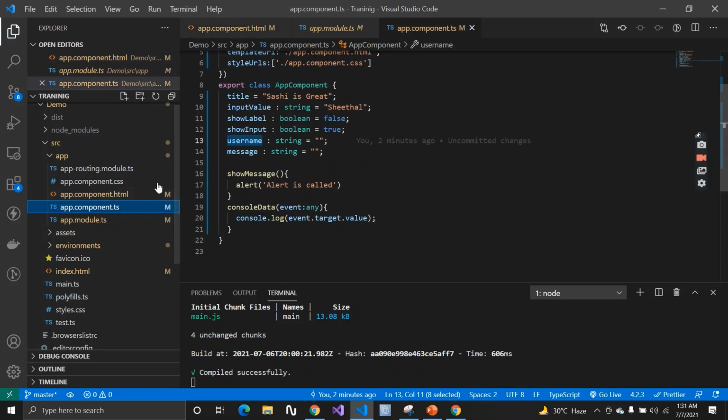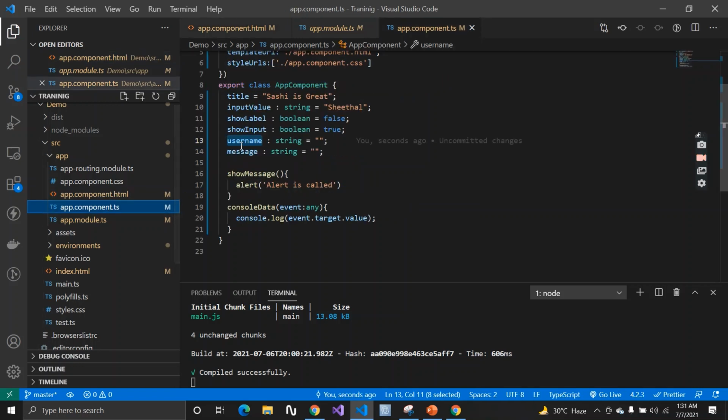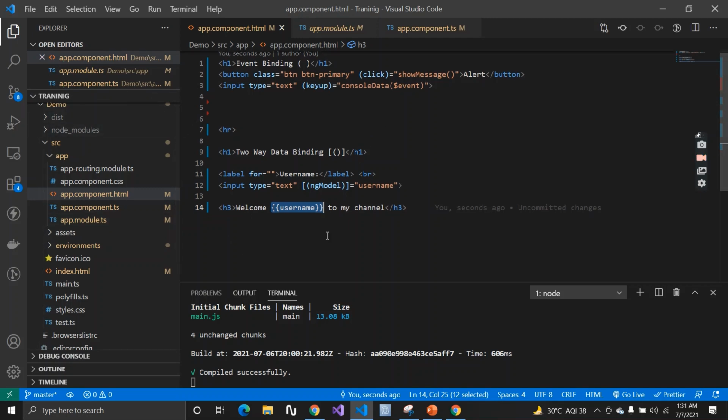And now whenever you see that this username is also bound here, by using the square bracket it is also getting that value inside it. So now the data flow is from your component to your view. Whatever is present inside your username is again getting bound here by using property binding. In this way, whatever you have inside a username will get appended here by using this interpolation. So this was all about two-way data binding in Angular, which we have currently used.